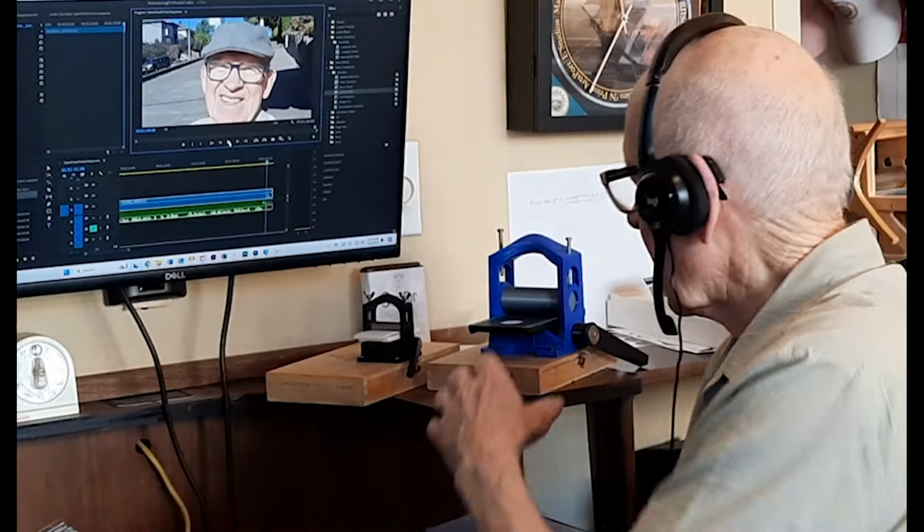I want to add that it's important to remember that Martin used open source. In other words, he put the files on his website. You could download the files for free, no cost. And if you had a 3D printer of your own, you could print those parts to make the press, which